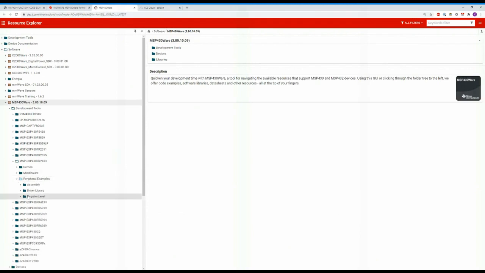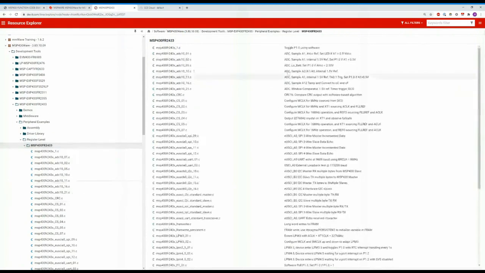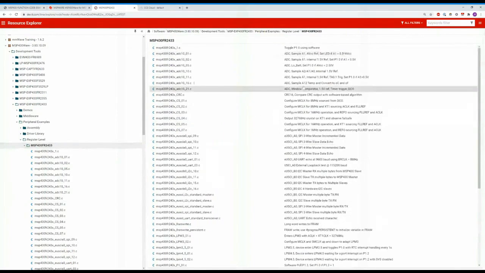As I navigate down here, we're going to come into this peripheral example. These are our lowest level building block examples, and you'll see they're listed here for the board. On the right side, you're going to see there are several examples. For every single peripheral, for example, here this is ADC, you're going to find 5 to 10 different examples in different types of modes to show you all the functionality of those peripherals. For instance, there are a lot of communication ones. Again, for that RGB LED, it was a UART controlled one, so I'm just going to choose a UART based example here. This one is a UART Echo at 9600 baud.